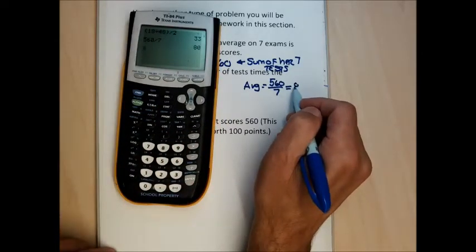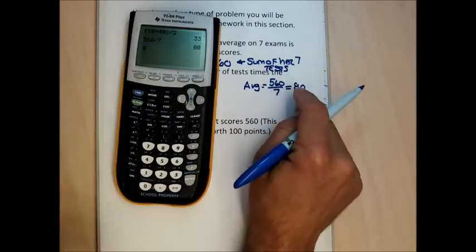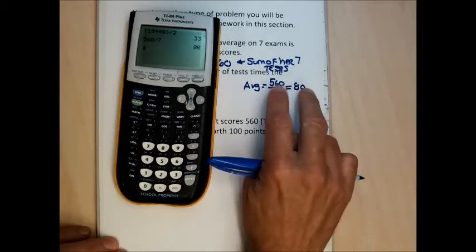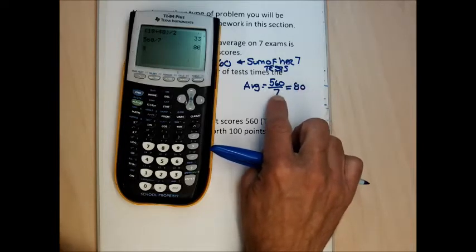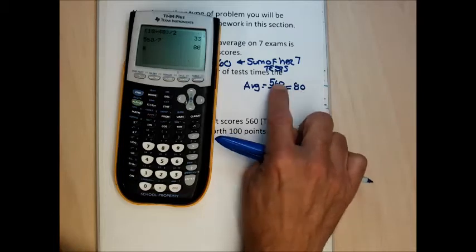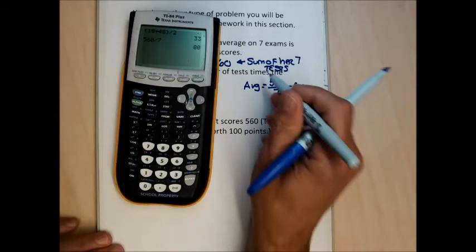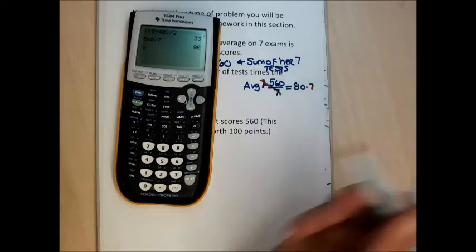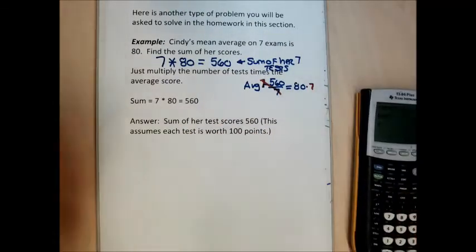So this is kind of going backwards from computing an average. If you know 2 of the 3 numbers that make up the average, you can find the third. So if I know the number of data points and I know the average, I can find the sum of the scores, because for this problem, for the numerator of 560, we would just multiply both sides by 7. So this is an important skill to know for